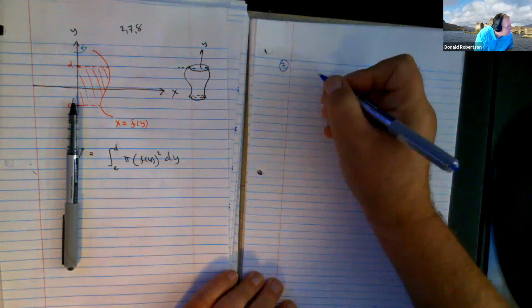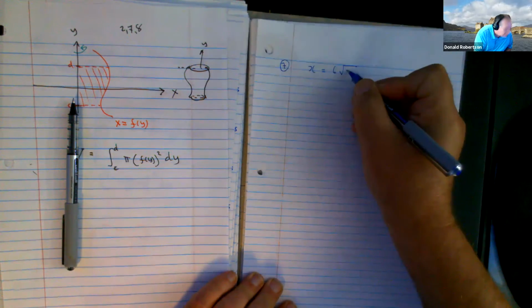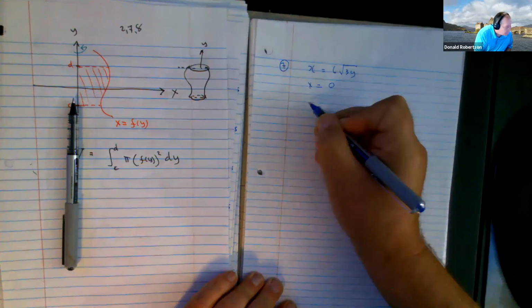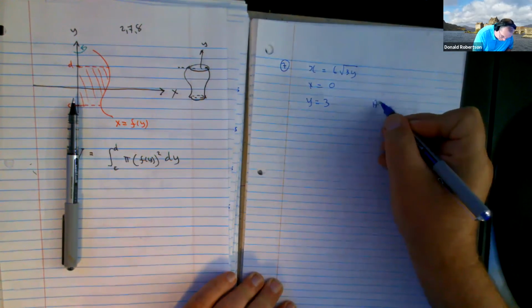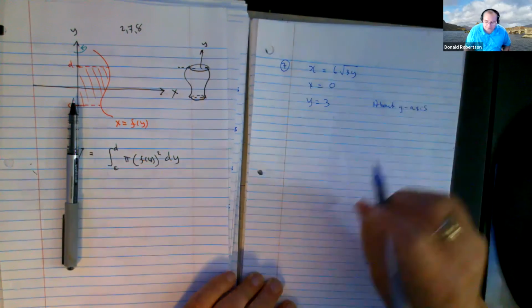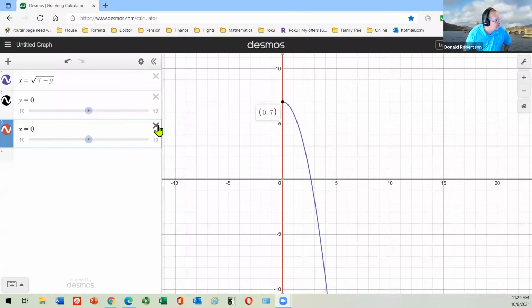In question 7, x equals 6 times the square root of 3y, at least my version is. X equals 0, y equals 3, and we're going to rotate it about the y axis. So my first stage is to see visually what the region looks like so that I can set up my integral correctly. So get rid of these guys